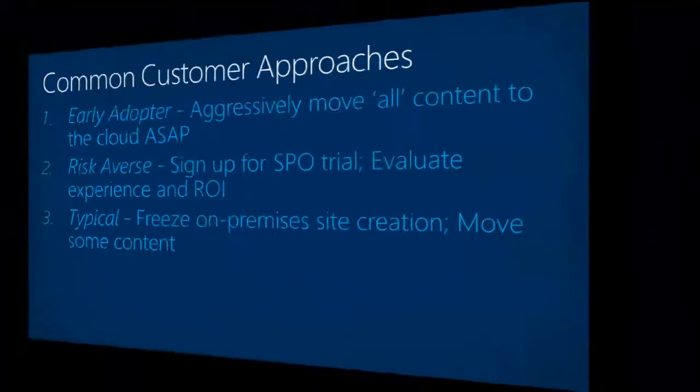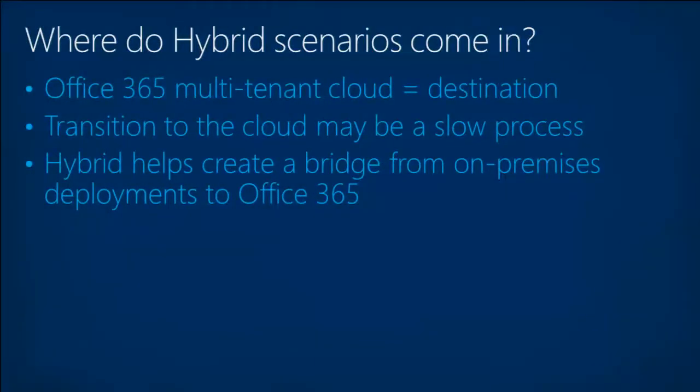and all of these talk to the aspect of timing. As I said, moving to the cloud is tricky, the logistics are hard, and you have to decide when to do it. What hybrid scenarios give you some relief on is that they help you slow down the transition, so you don't have to move as fast as you need to in order to get the benefits. It creates a bridge, or an on-ramp, to the cloud that lets you park some of your stuff on premises and yet move into the cloud. And we'll talk about what can move first and what stays behind, and what we heard from customers.